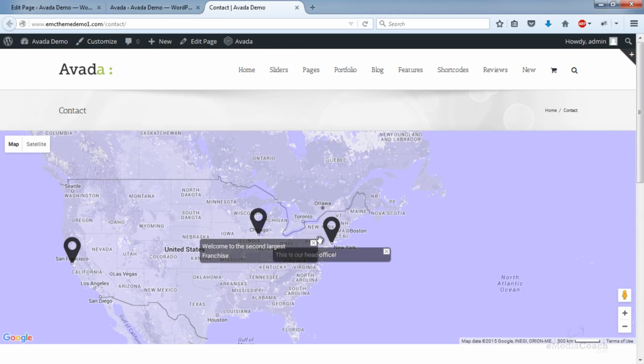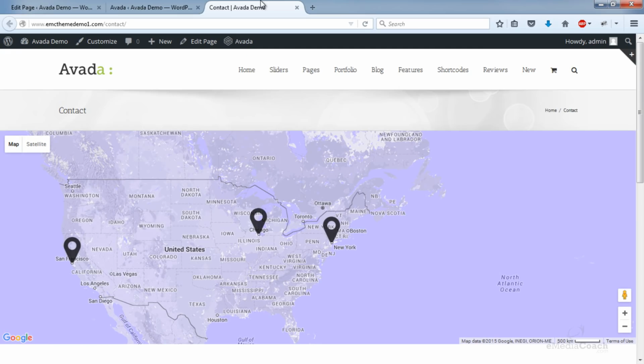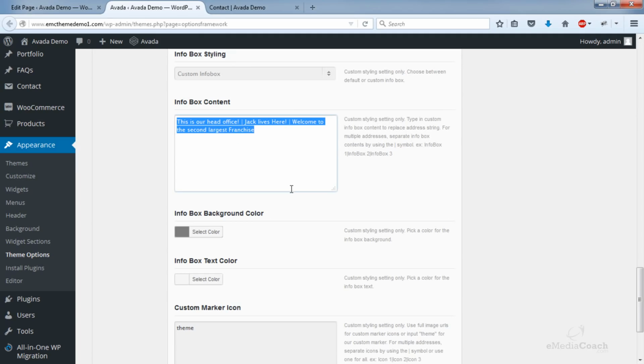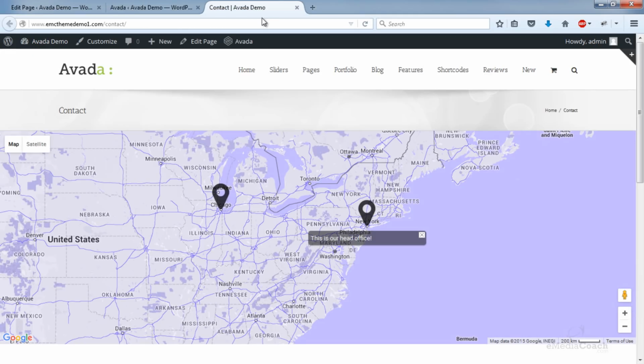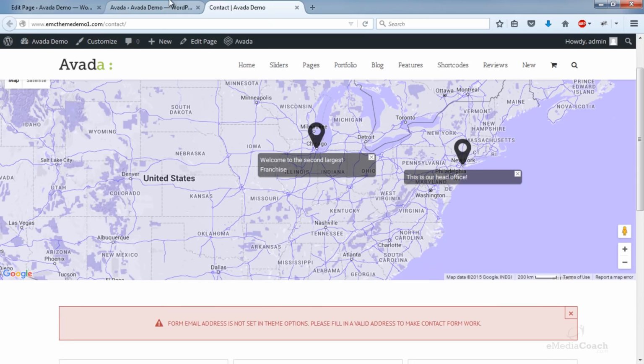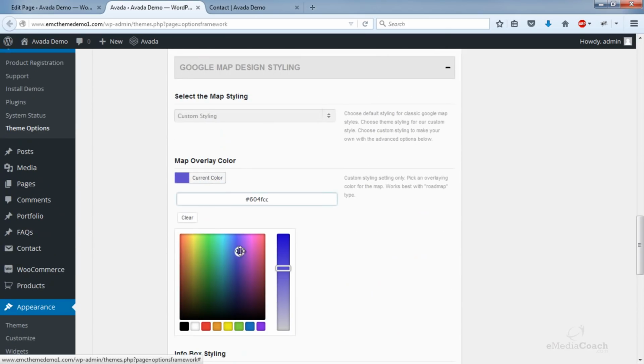Now, if you don't want the info boxes, you can actually get rid of that whole box, and it would get rid of all of that information. A good example of what you can put is your address, so that when somebody clicks on the pin, they can easily see your address. That's what I would advise. Obviously, I'm just doing this as an example, so it's a bit different, but I would recommend you put your address over here. We can change the color. I don't really like that color, so maybe I'll just change it to something a bit lighter.